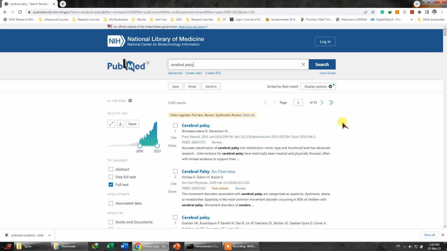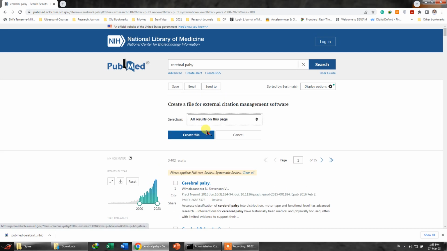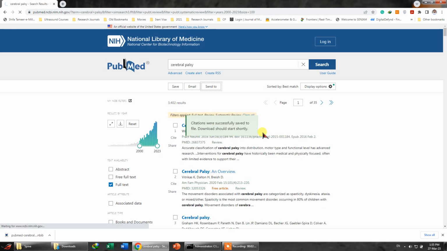So what to do next? We can just export them. For example, you can click send to citation manager, and you can select all the results or just the custom. So right now I'm selecting all results and I'm creating a file, and that's how your file is being created. You can import this file into EndNote,